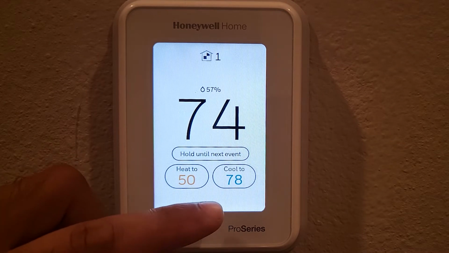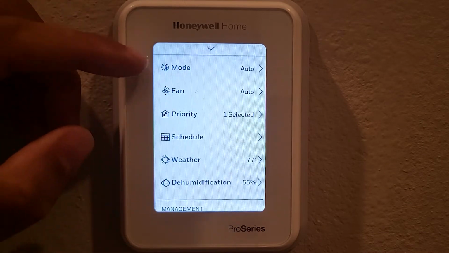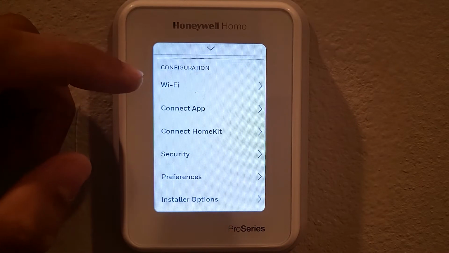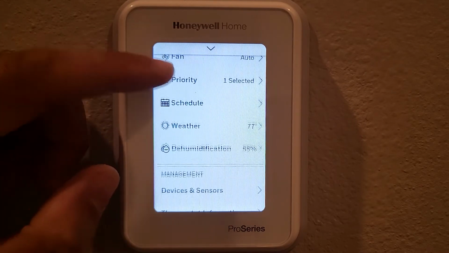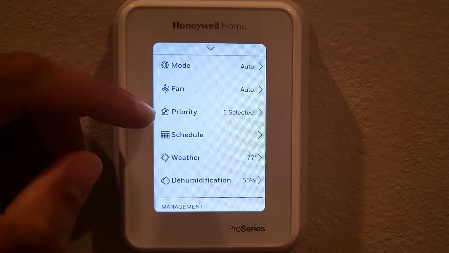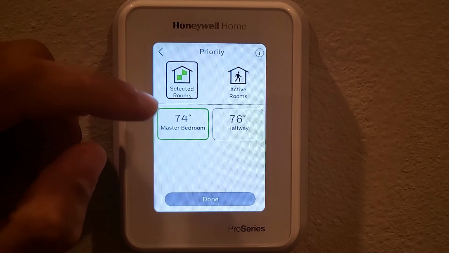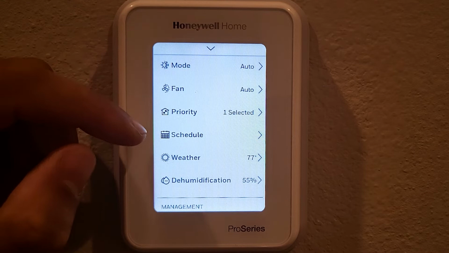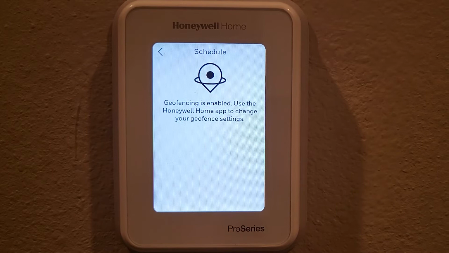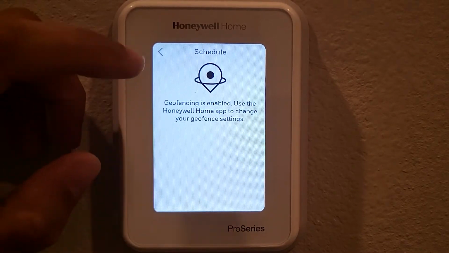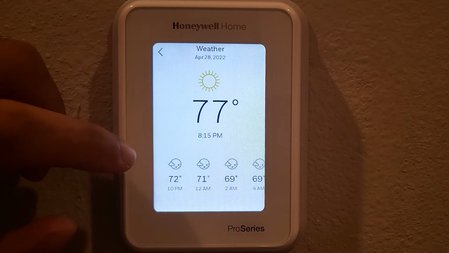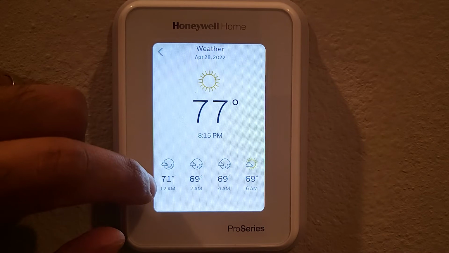Now, clicking on the hamburger menu, you've got mode. Right now we're on auto as opposed to cooling or heating, as well as fan. So fan is auto, on, circulate. Then again, the priority. So we can select the rooms up here with the sensors. There's also scheduling, so right now I have geofencing enabled. So we would have to go to the Honeywell Home app, which I will do shortly. And then we've got the weather. So we can see the weather throughout the day,